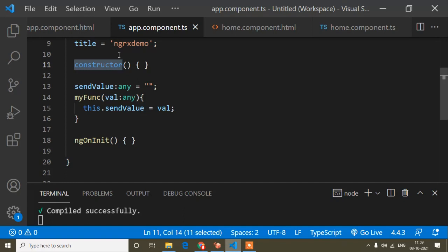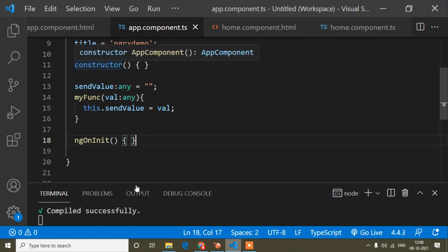But before that, if you haven't watched my previous tutorial on ngOnChanges, please watch it, because when I give you the practical idea of the difference between the constructor and ngOnInit, and in which scenario we use ngOnInit, you need a proper understanding of the ngOnChanges lifecycle hook. So that's why I suggest that.